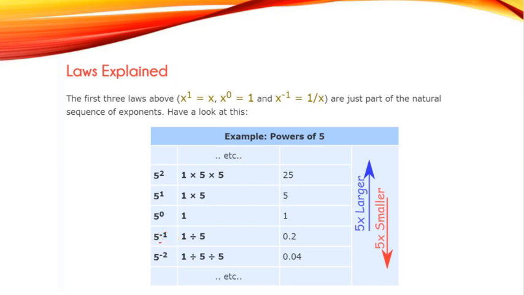Whenever you have 5 to the power minus 1, what you will do is, if you see this minus 1, that means you have to divide by 5. So 5 to the power minus 1 equals 1 divided by 5, and 1 divided by 5 equals 0.2. Similarly, 5 to the power minus 2, that means you have to divide 1 by 5, again divided by